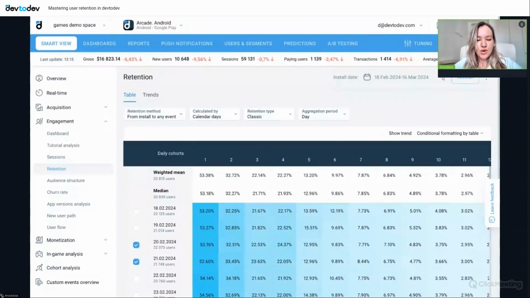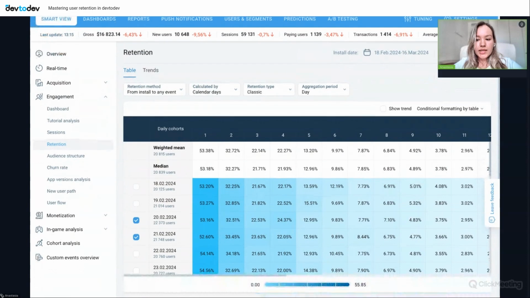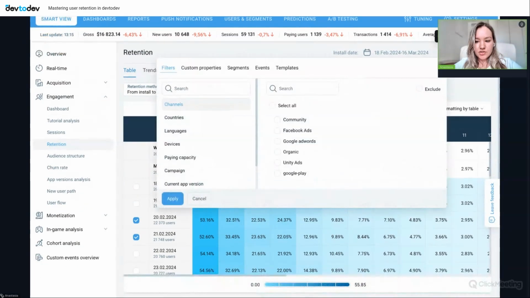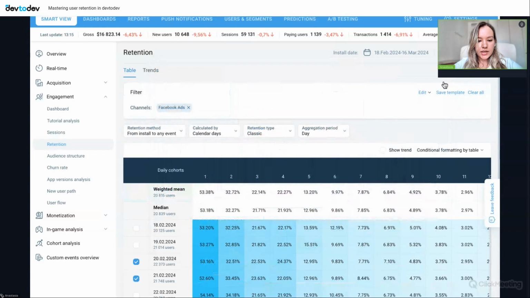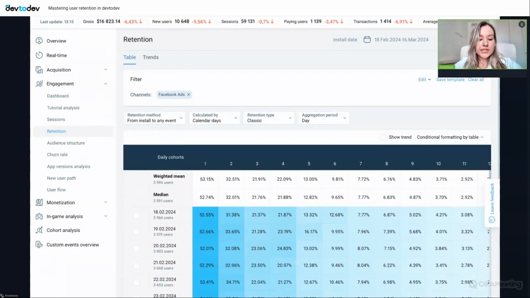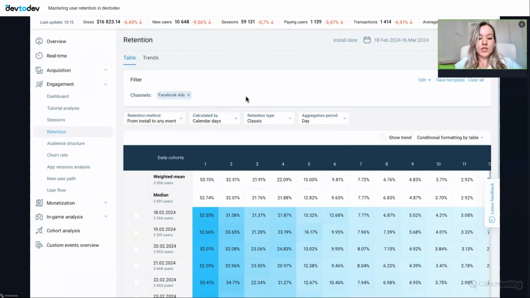So what are some more useful and interesting things we can do here? Firstly, we can filter this report, for instance, by acquisition channel, to assess the quality of the traffic. To do this, click here on the filter and select the channel. I guess we can try Facebook ads. We click apply, and we need to refresh the page. Yeah, so right now we see the retention table for the users from Facebook